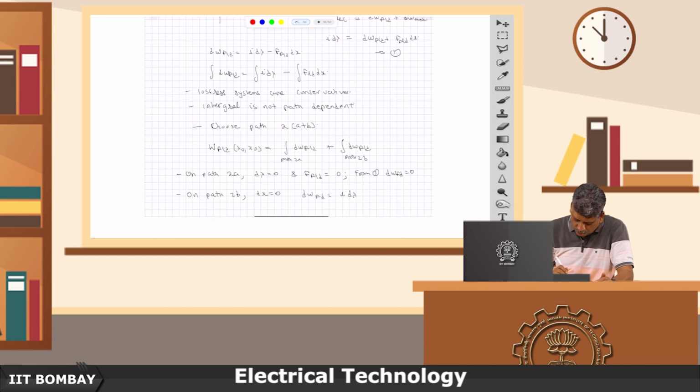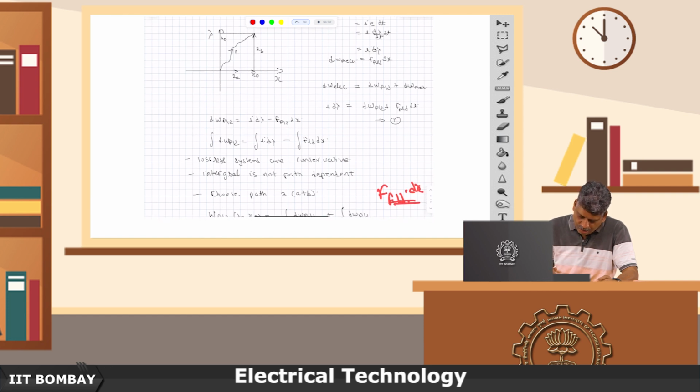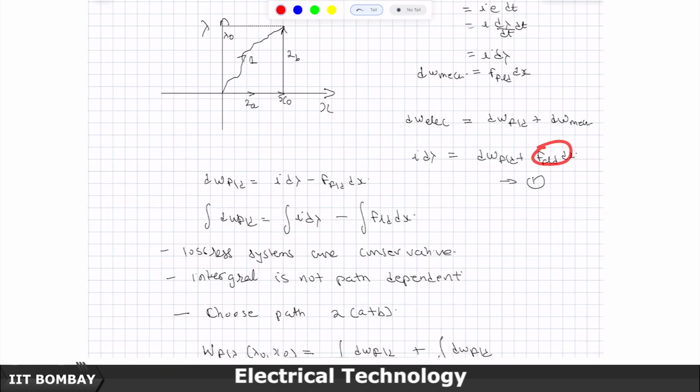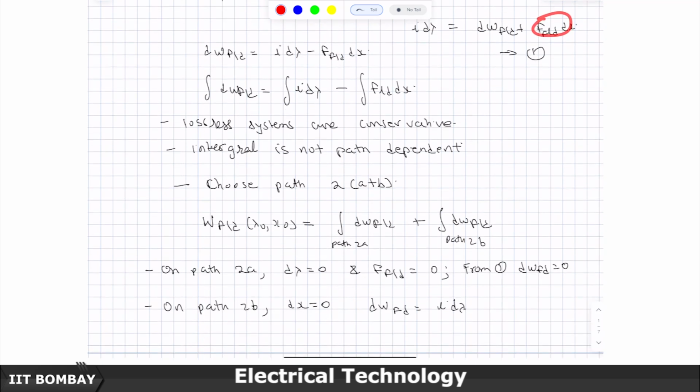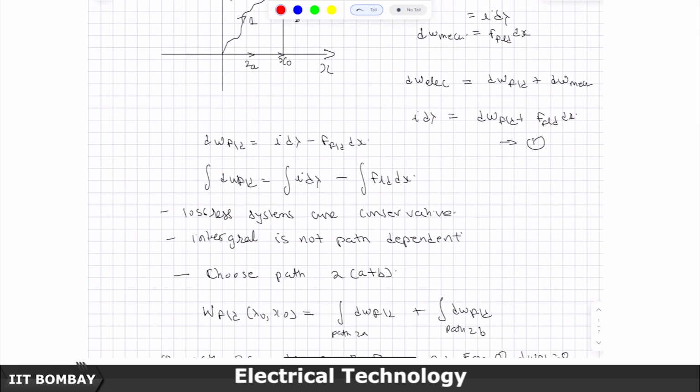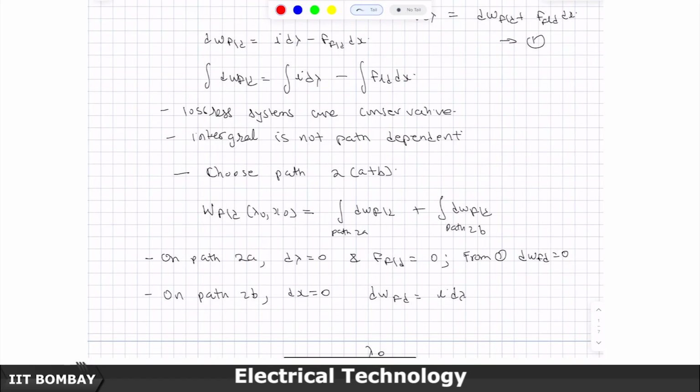So, not only is d lambda 0, but there is also no electromechanical force. So, f_fld is also 0, and therefore f_fld dx is also 0. So, along this path, when you move from here to here, now to calculate